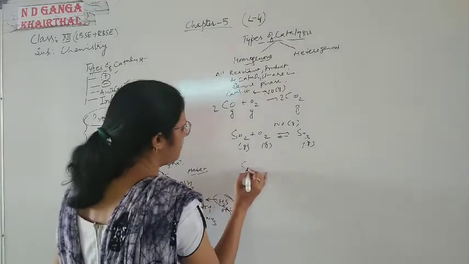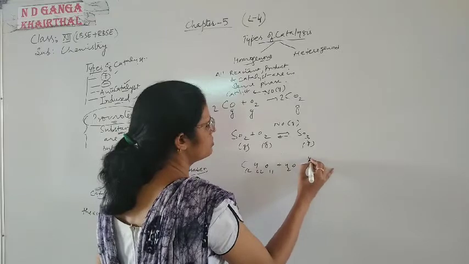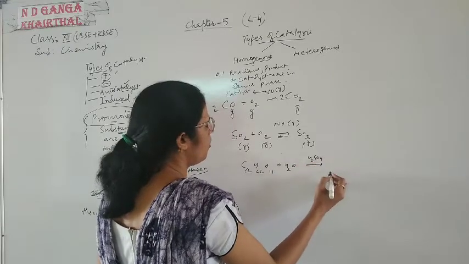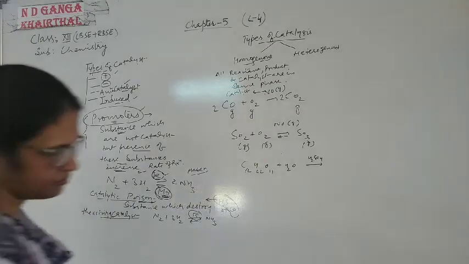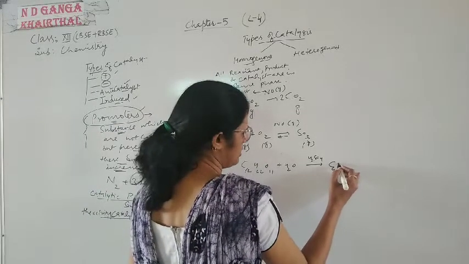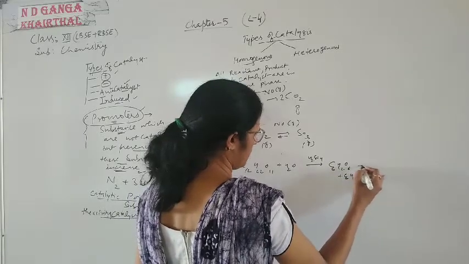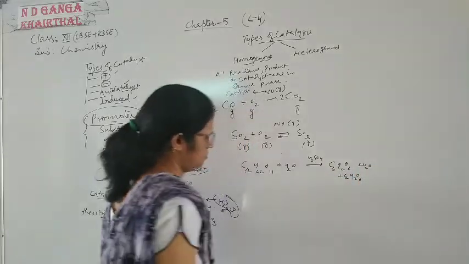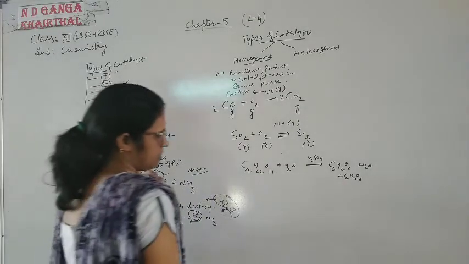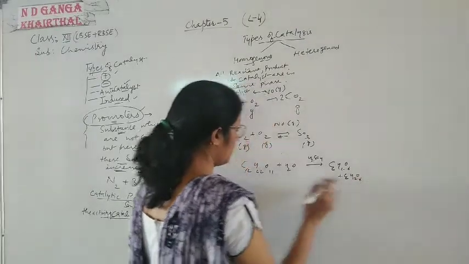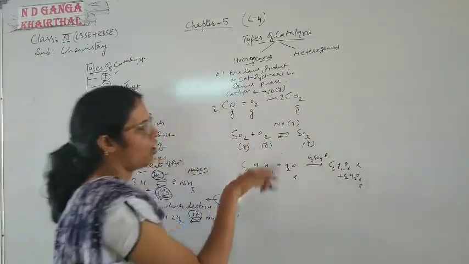If we take an example, C12H22O11 plus H2O in the presence of H2SO4, what is formed? It forms C6H12O6 plus C6H12O6. So it is liquid, liquid, liquid, all are liquid. So all are in the same phase.